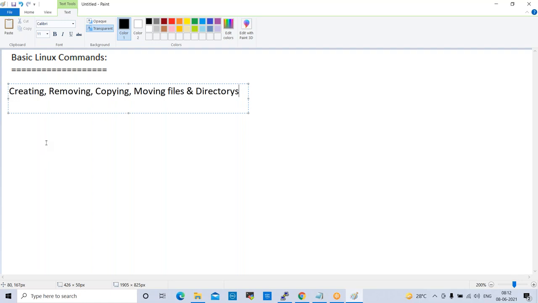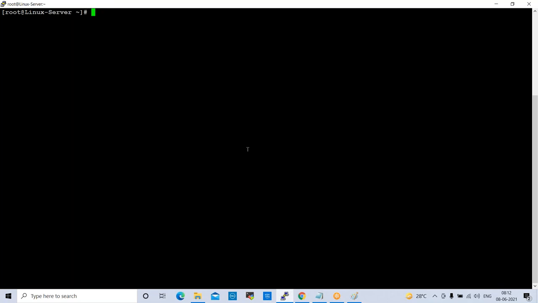Very first command. If you want to create any file, what is the command to create a single file? Anyone? Touch. Yes, we can use touch also. vi file name, vi also we can use.